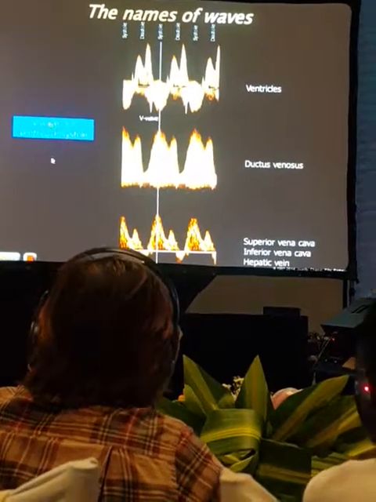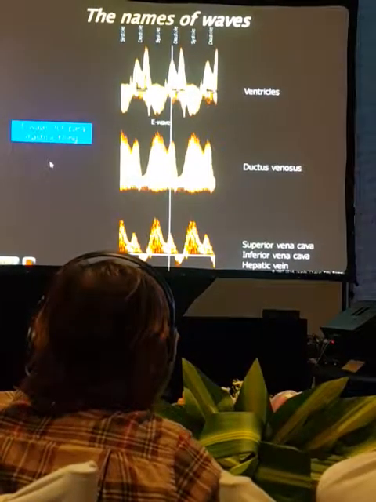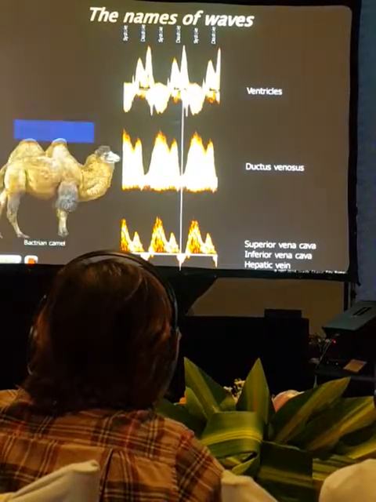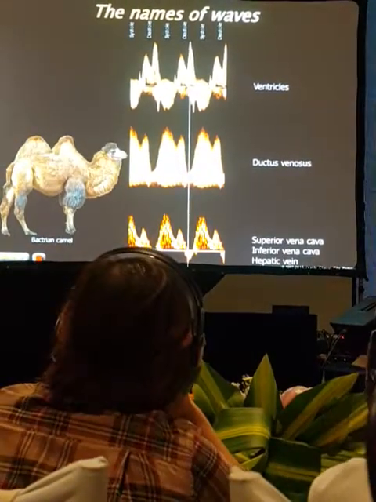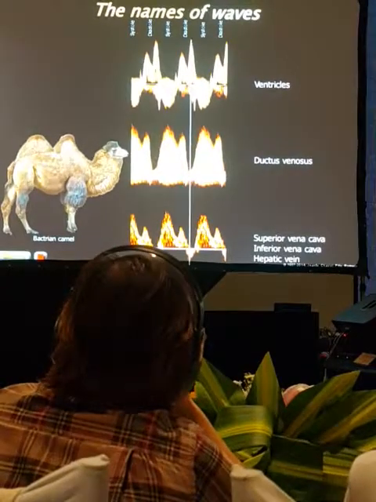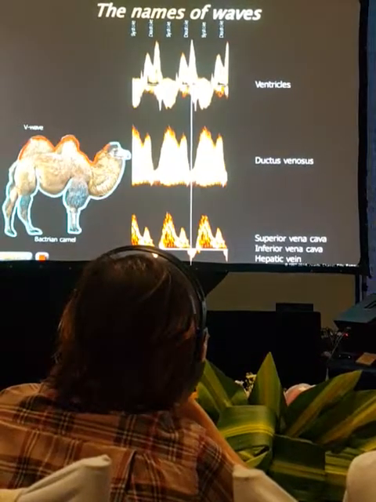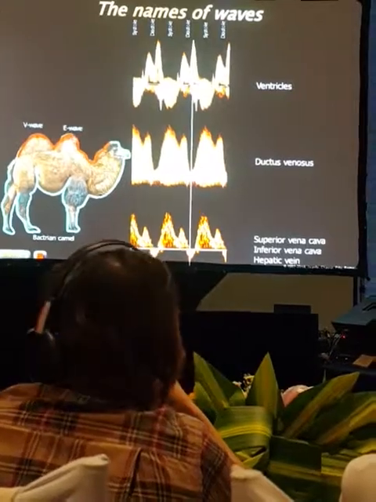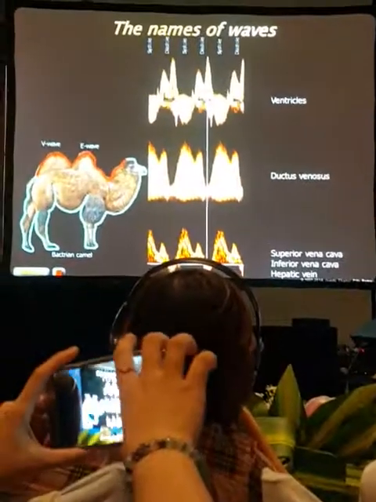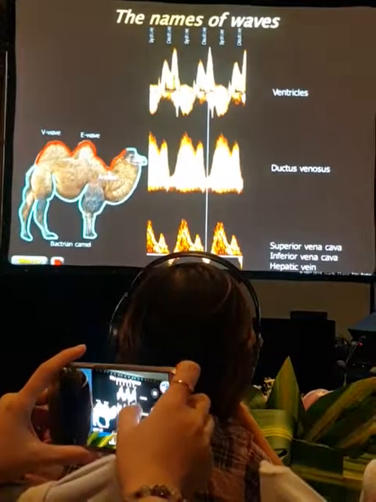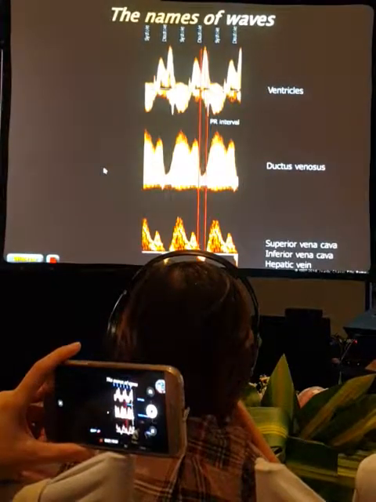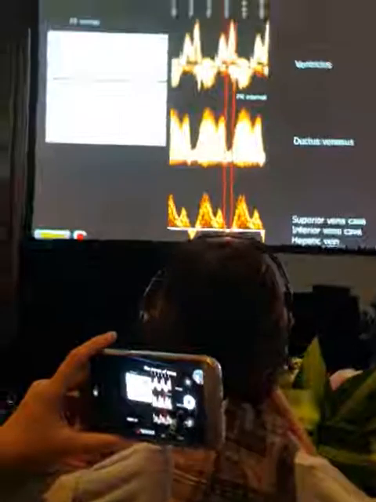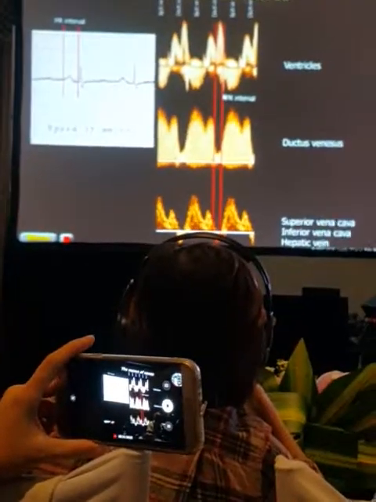So V is for ventricular systole, E wave, A wave, and I was in Mongolia, and in Mongolia there's this cute little camel called the Bactrian camel. And remember the Bactrian camel has two humps. This is the V wave, this is the E wave, and this is the A wave. So I asked you to find in my tracing, where is the camel? Now, if you look at the tracing here, the onset of A until the closure of the sublunar valve